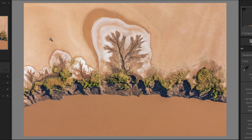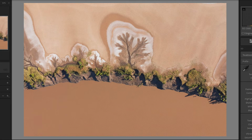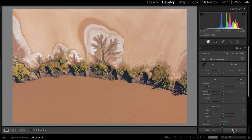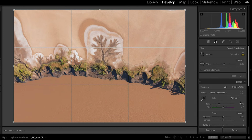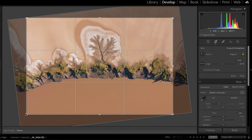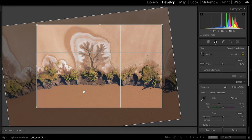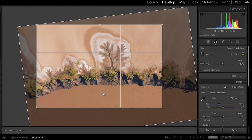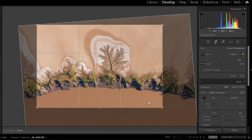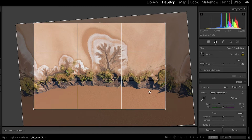This is the image that I want to work through. I'm going to quickly reset it, and you'll see that I've made quite a few changes. In fact, when I took the photograph, it was actually in this orientation. But of course, we have creative liberty with Lightroom, so I went ahead and rotated it. Then I selected the crop tool. I went ahead and just straightened that bottom part. And I also made the image a little bit smaller, just cropping in something maybe like this. I want to just make sure that I leave enough space at the top there for that second darker shape